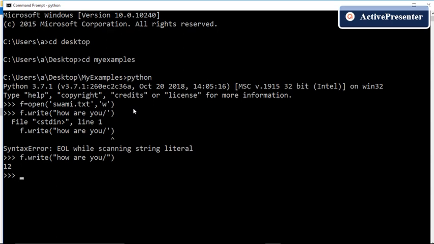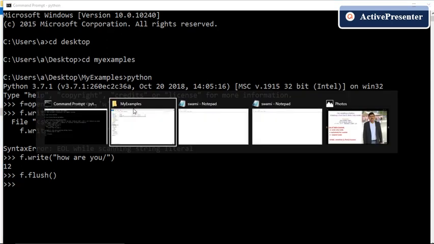So let us use this flush function. If I use this flush function, let us see what is the impact of this.